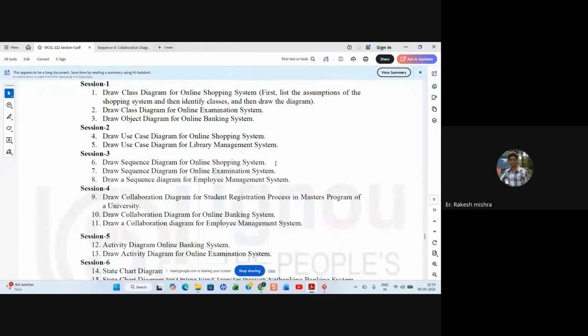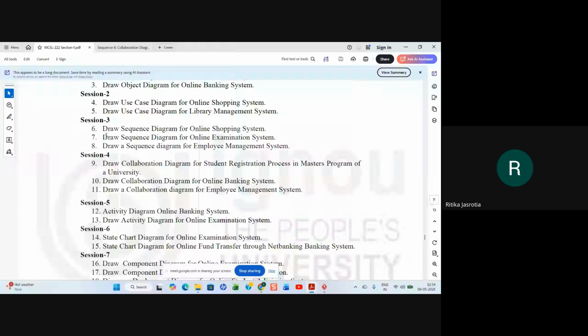So there in your session 3, you have to draw a sequence diagram for an online shopping system. So tell me, in an online shopping system, what all things you will have? What all objects will be interacting? It's an interaction diagram, right? So what all objects will be interacting? User login, cart, browsing of item, create cart,